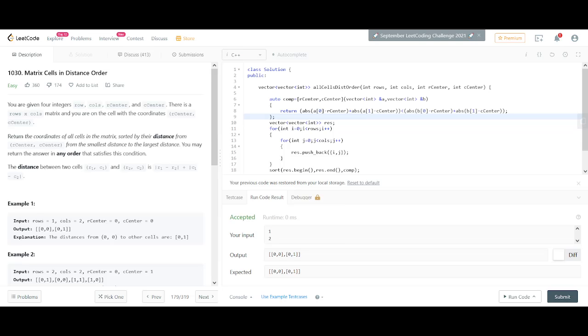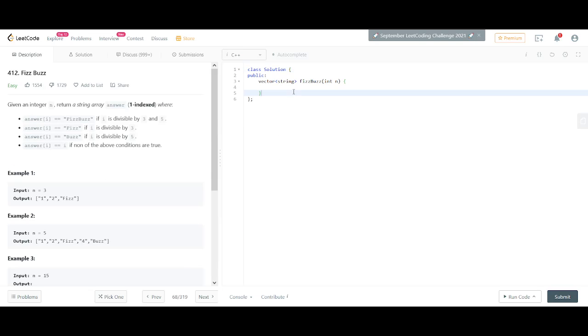So we move on to the next question, that is FizzBuzz. Now FizzBuzz is a basic question which is asked in interviews. So we are given an integer, we need to display the string, and we return the string consisting of, based on some conditions, if I is divisible by 3 for that particular index, then for int I starting from 1, I less than equal to n, I plus plus,